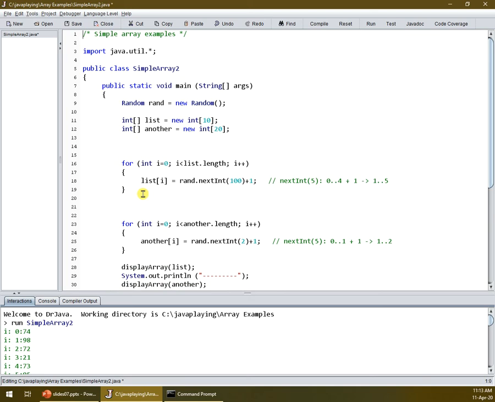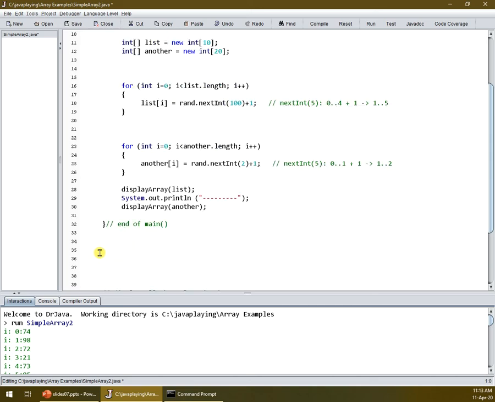So we've still got our same program here, but we've got the main method which populates the array for list, and then it populates the array for another. But why couldn't we use a method to do this population? Now we'll keep the display array. It works exactly as it should. It's perfect. But now let's write a brand new method